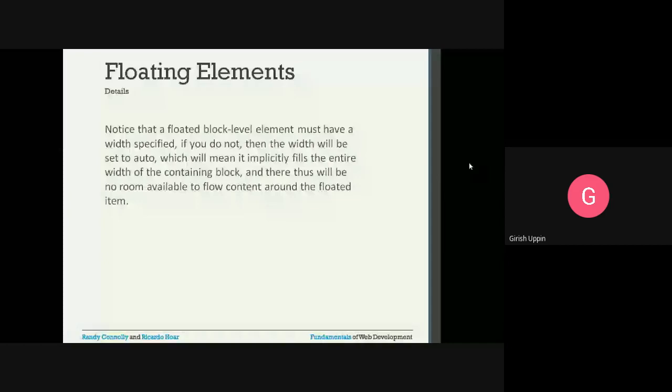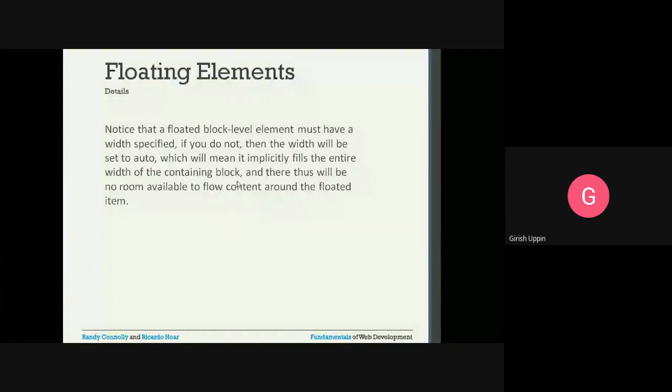Floating elements: notice that the floated block level element must have a width specified. We already said whenever we specify float for any block level element, it must have a width. If you don't specify, then width will be set to auto. Auto means it implicitly fills the entire width of the containing block, or the parent block.